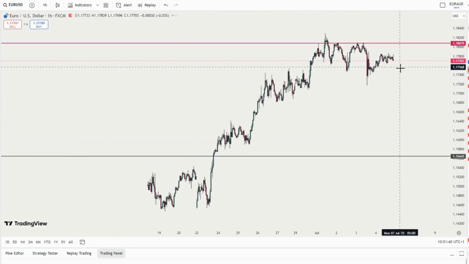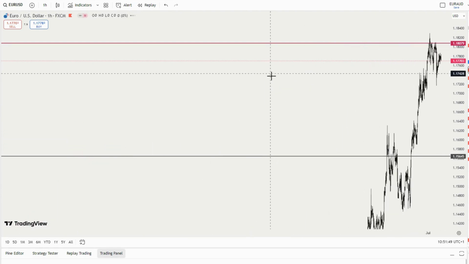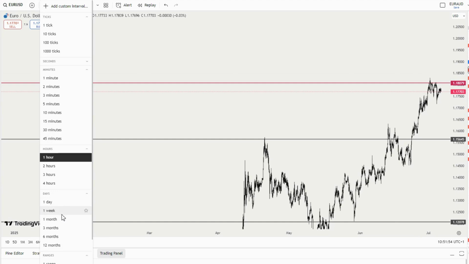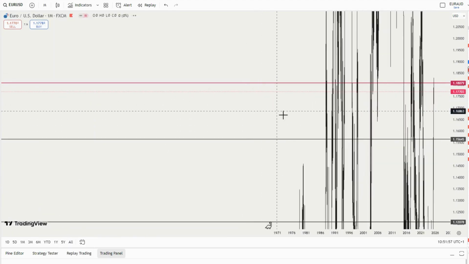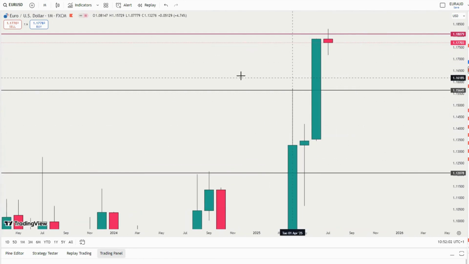So the first major currency pair I want to check is EUR/USD. On EUR/USD, I'm looking for a sell setup next week. And for me, the monthly retracement is what I'm looking at in this area. You see the long candle, so I'm waiting for price to retrace back to